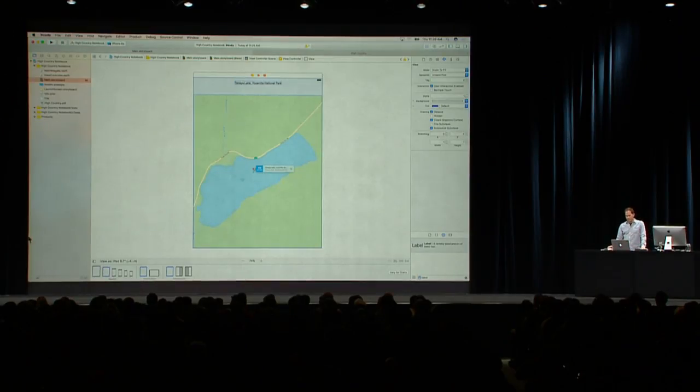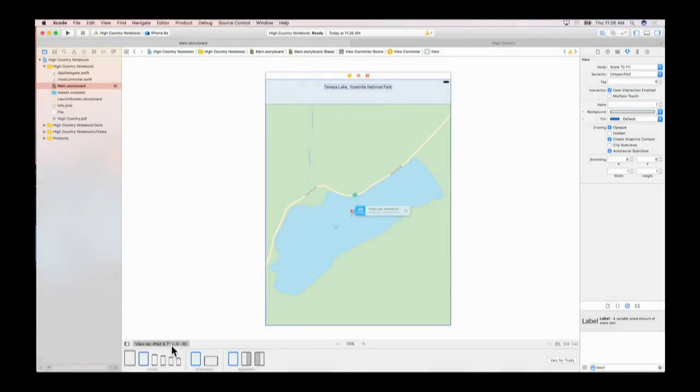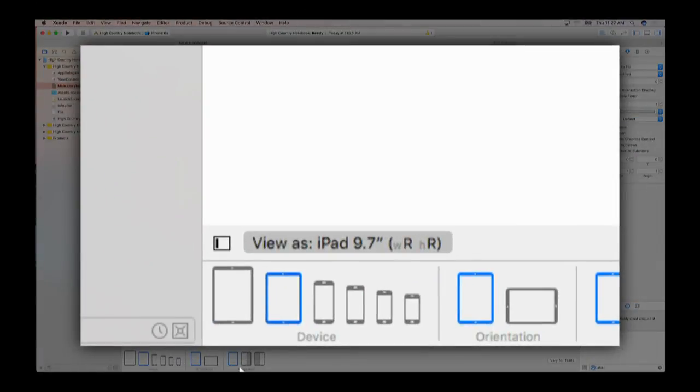So for example, I have an iPad selected in the device bar, and the size class, I'll zoom in here so you can see that, it now says regular width, regular height. Okay, so you don't need to guess about what size class a particular device configuration is. You just select that configuration in the device bar, and Interface Builder will tell you what it is. So that's a great improvement, we think. So now,